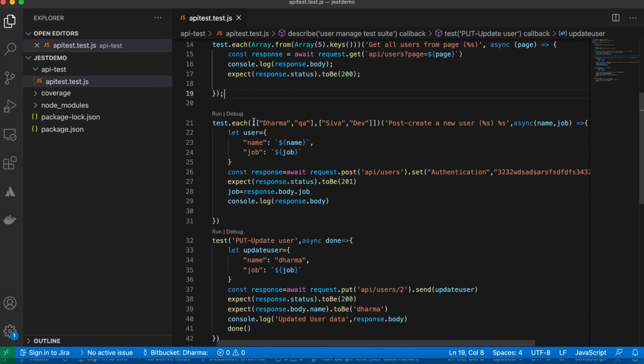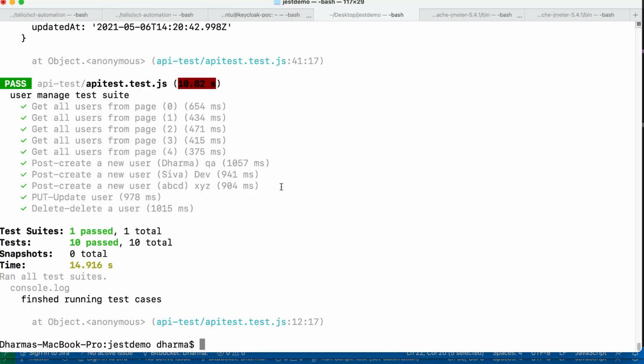Just by writing one test case, we can cover all the scenarios. You no need to run again and again, or write again and again, or write a wrapper class or method. It's not required at all. Okay, see here we have 5 get calls, get user for 5 pages, and create user for valid and invalid, something like that. But it's dummy, so it takes. If it is not dummy, it will test everything completely.